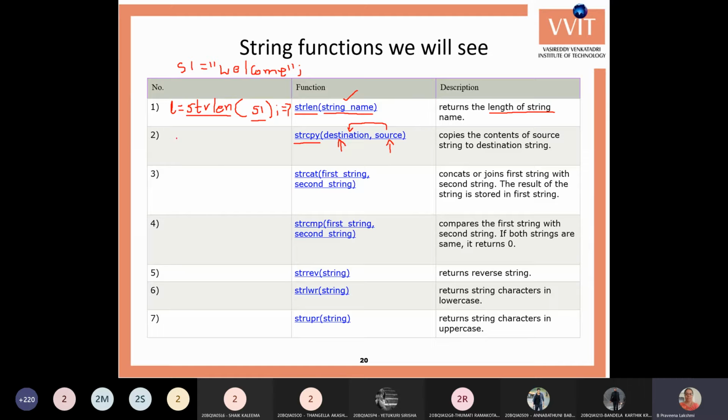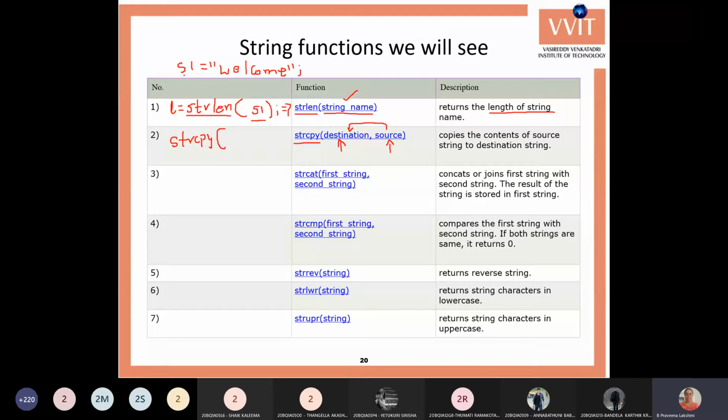For example, strcpy: we will copy the s1 string into another variable, say s2.